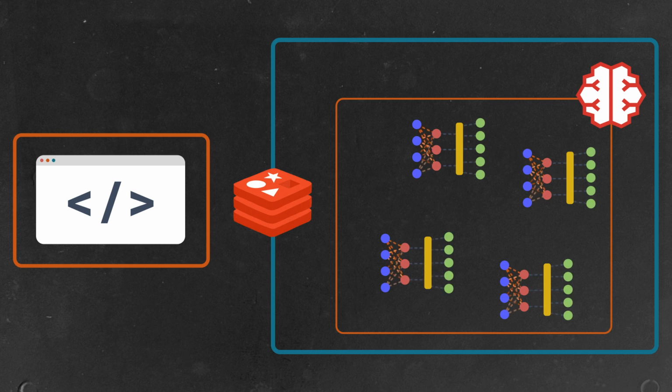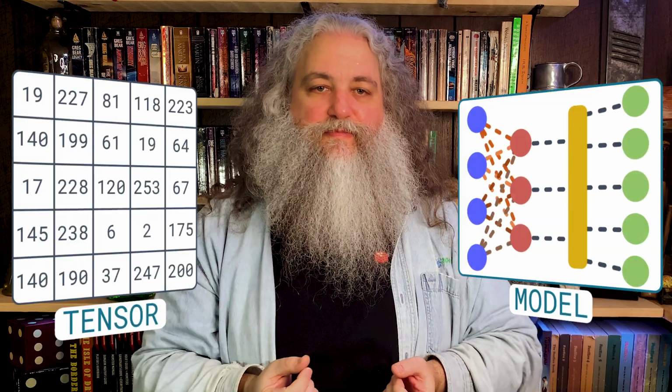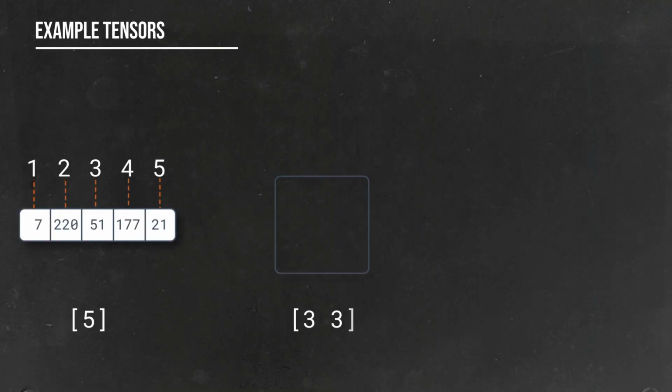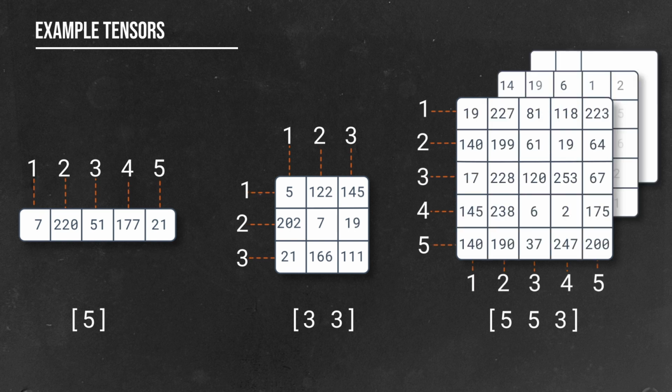Redis AI works by introducing two new data structures for use with AI: the tensor and the model. A tensor is a data structure that represents a multidimensional array of a particular numeric type, like a float or an unsigned 8-bit integer, in other words, a byte. Your tensor could be a simple one-dimensional array or a complex 37-dimensional array. The shape of that tensor is how wide it is in each of these dimensions. Tensors are used as the inputs and outputs for inferences that we make using Redis AI.